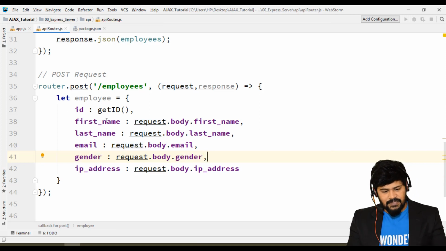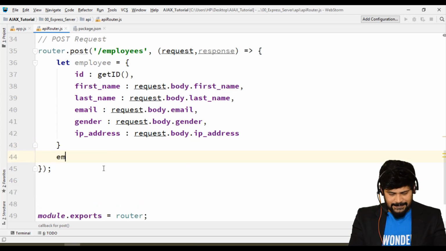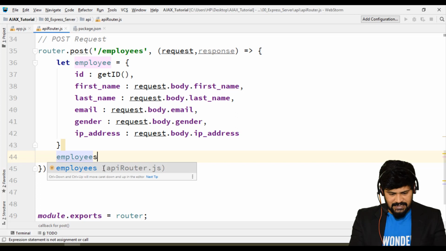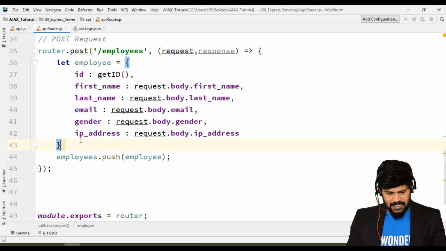Fine. So we got this data, and we need to add it to the employees array. So what I do is existing employees dot push employee. Okay, I just added that, and now let's make the response.